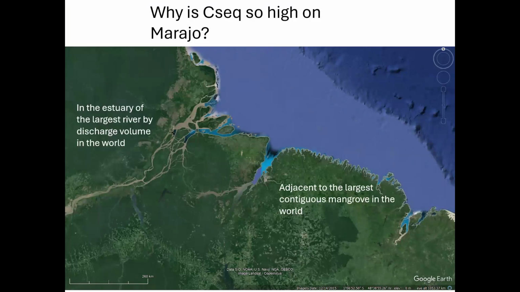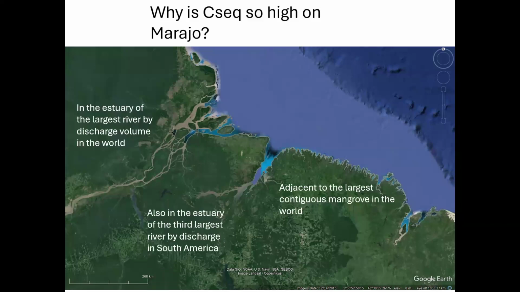Okay. Second point, it's in the estuary of the largest river by discharge volume in the world. So a huge amount of organic material is being dragged down from that extremely large catchment and deposited in that estuary. And a large proportion of that is being deposited in the estuary where those forests that run down the south and the west of Ilha de Marajó are located. So you've got slowing down of the current, particularly around those flood forest areas, and deposition of the organic material. So large inputs from that.